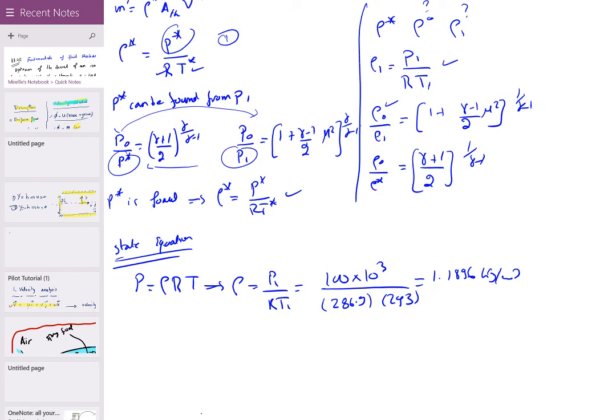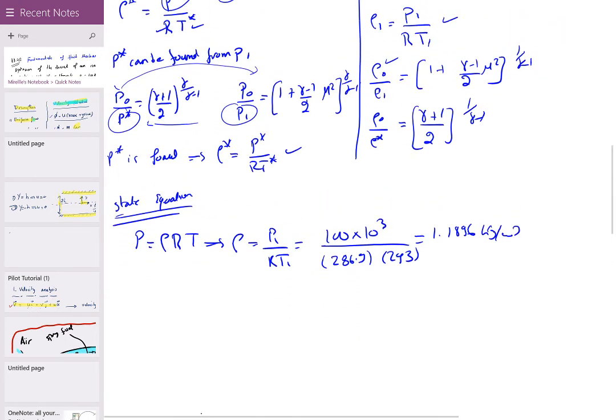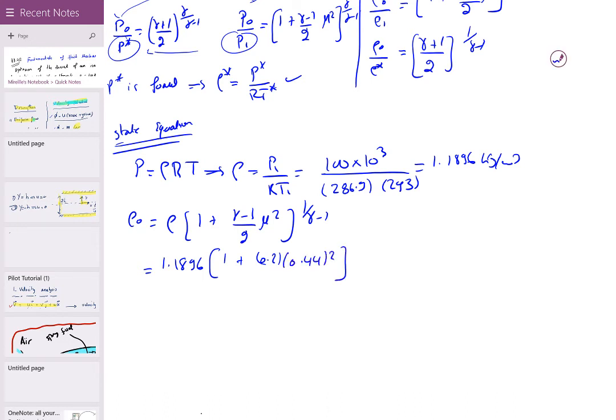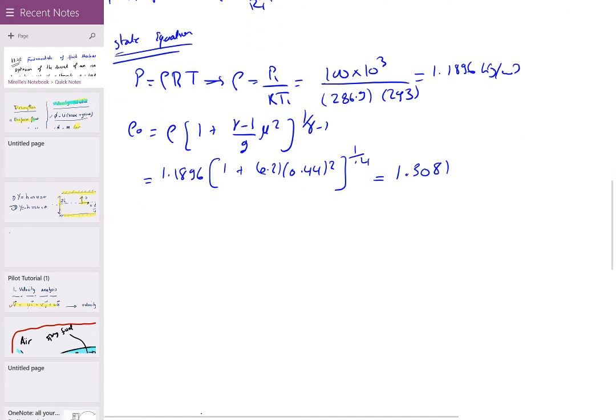Now I've used this. I'll use the second line here to find the stagnation density equals rho 1 times (1 plus (gamma minus 1) over 2 Mach number squared) to the power 1 over gamma minus 1. That is 1.1896, 1 plus 0.4 divided by 2, so it's 0.2, 0.44 squared, to the power 1 over 0.4, that is 1.3081. Now